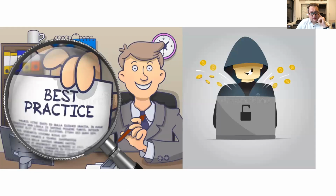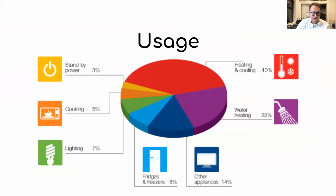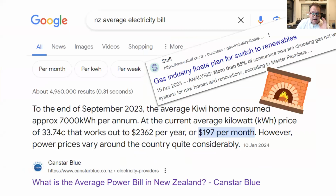But what's best practice when building a house? Now, we know that hot water heating accounts for a lot of the bill. A lot of places, for some unknown reason, are installing gas. Now, we know the price of gas is just going to keep going up and up and up. And the New Zealand government has already said we actually don't want to be dependent on gas, and they want to start eliminating gas as a primary form of heating, both for heating the house as well as heating hot water. I think what you will find is, unless these become some sort of renewable gas system, being hydrogen or something else,